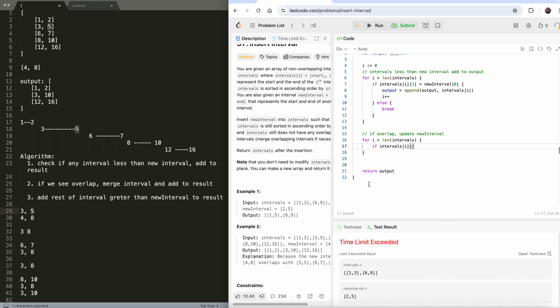This is less than this, so I'll start with new interval. So new interval 0, that means 4. So 0, first index 4 is less than or equal to intervals i, and this row, that is 1, second column 1. So if it is less than that,